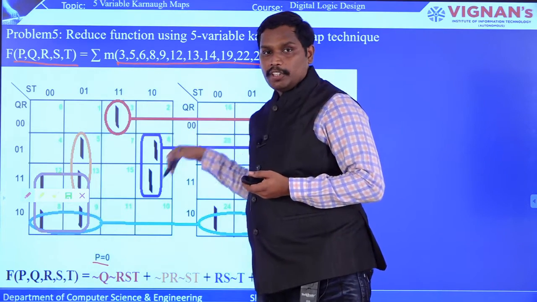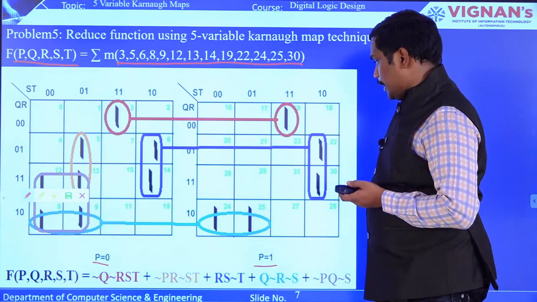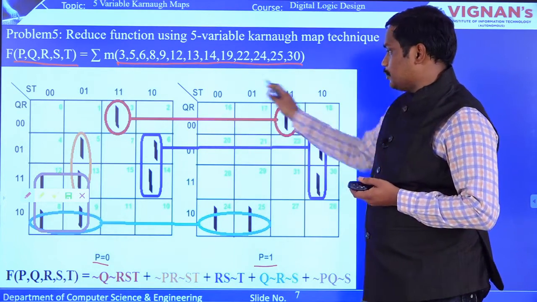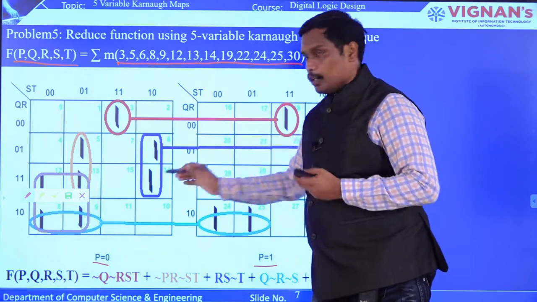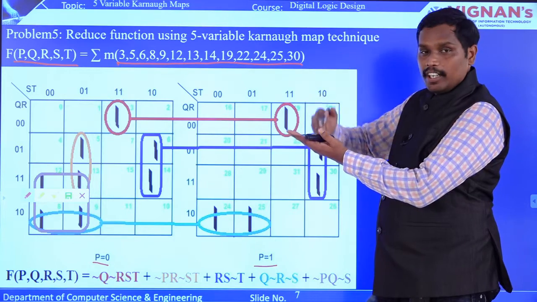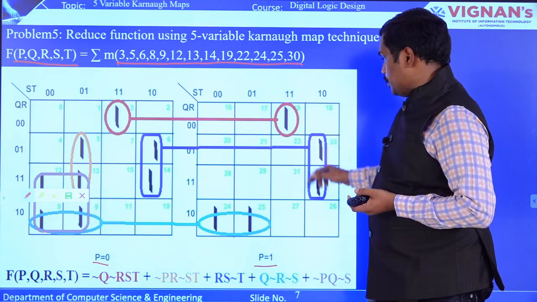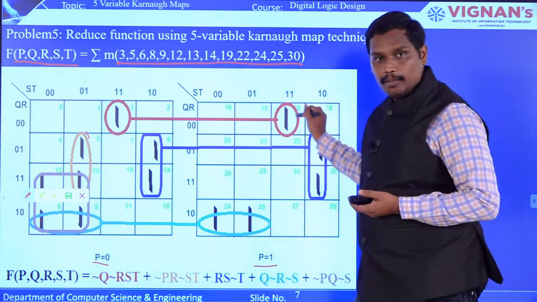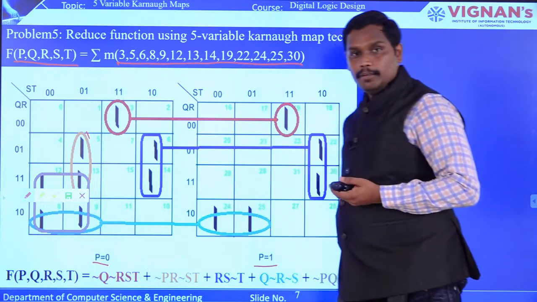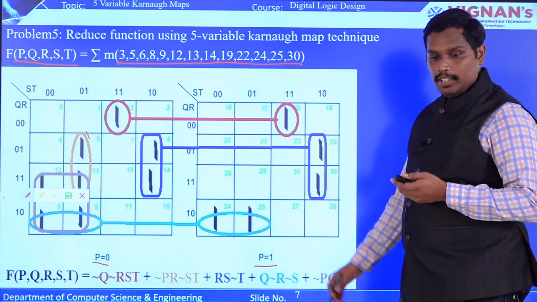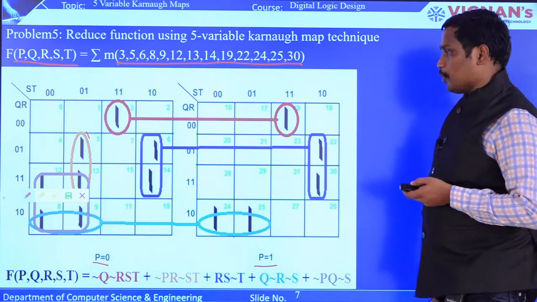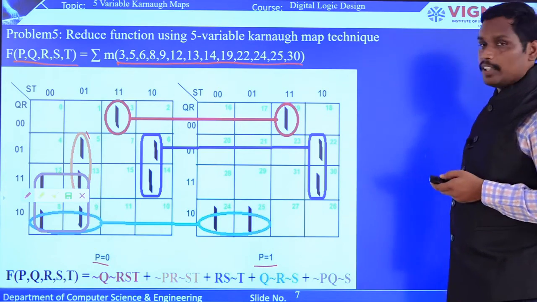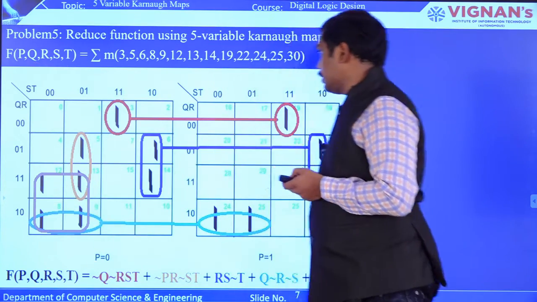As you know the positions of the Karnaugh map, you can represent it, and now this particular one can have a pair condition. Based on this particular pair, this can be formed as a quad because the Karnaugh map looks like a mirror. So those particular positions can be formed into a group of ones. This is one group, this is one group I have framed, and this is one group, and this is one group. Based on the coloring patterns, I have generated terms, which is a simplified expression for this 5 variable Karnaugh map. Okay, so you can pause and check, and have clarity on how to solve this 5 variable Karnaugh map. Thank you.